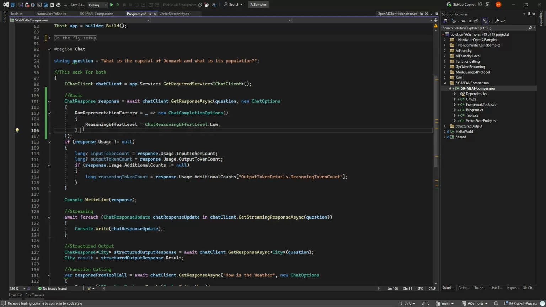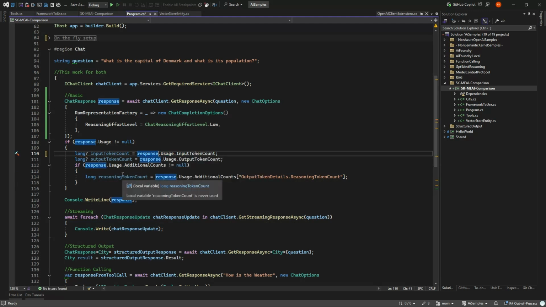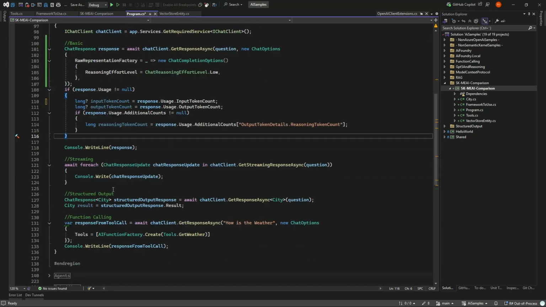Then we get our response back, and from each response we can get our usage, so we can get our input and output tokens, and we can also get the reasoning tokens. So this is a fairly simple and actually easier than Semantic Kernel way to get usage. If we need to do streaming, it's just as easy. You can of course put in the usage and the reasoning level here, but else you just do GetStreamingResponse.